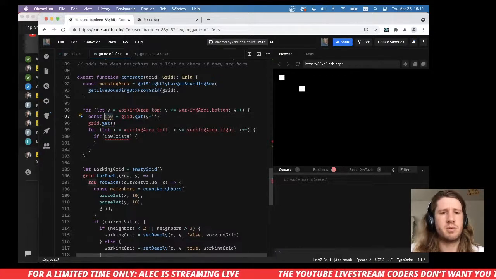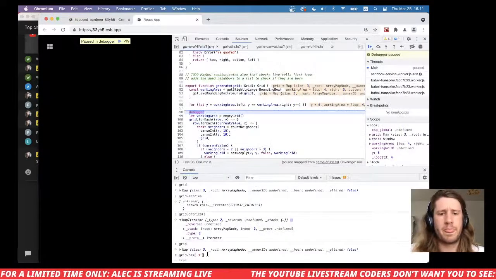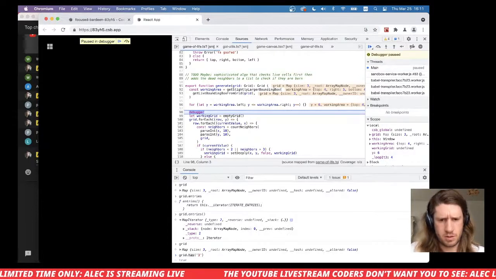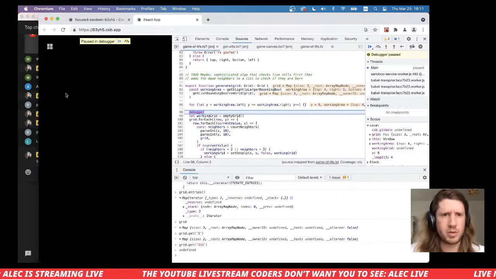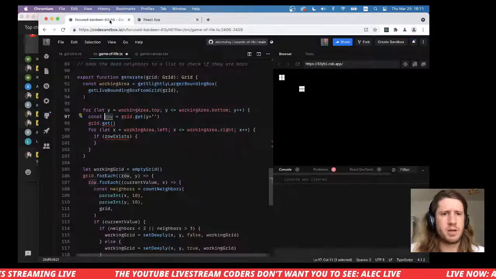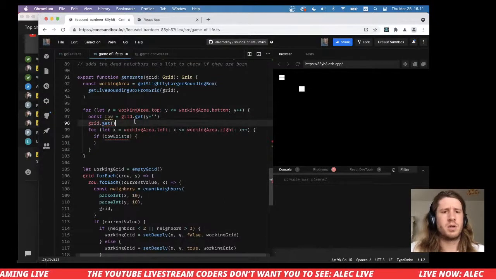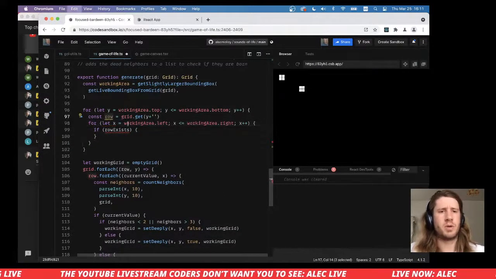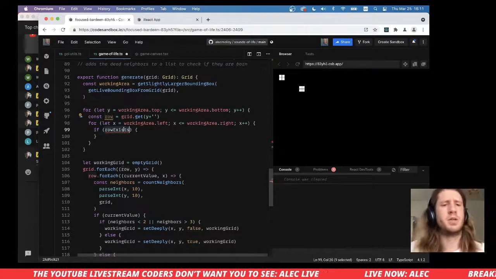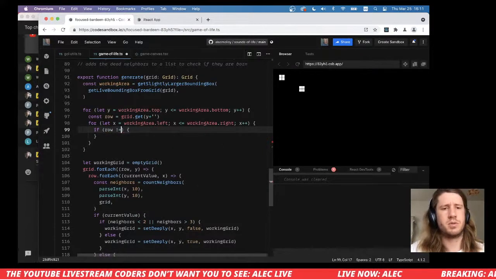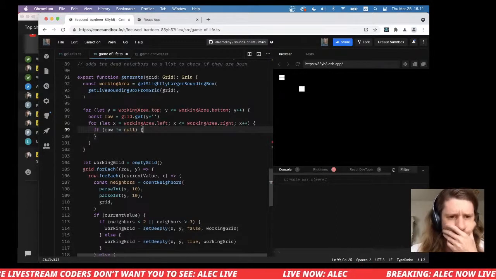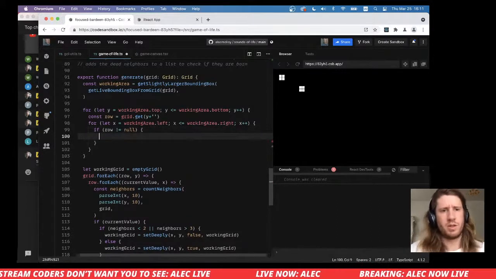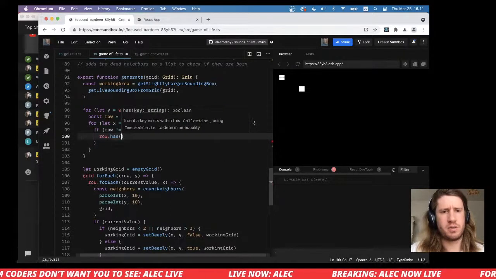But if it doesn't exist, then it would be undefined, right? Cool. Okay, so that is undefined. So if row doesn't equal null, then row dot has